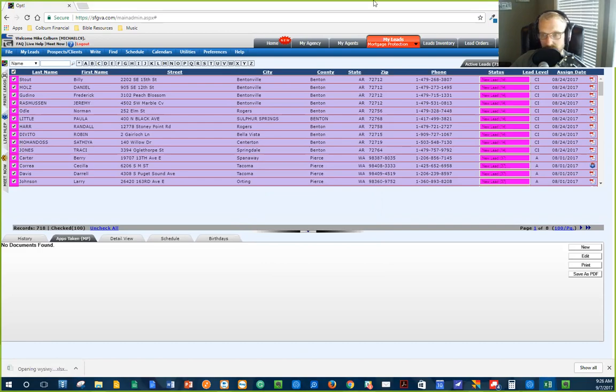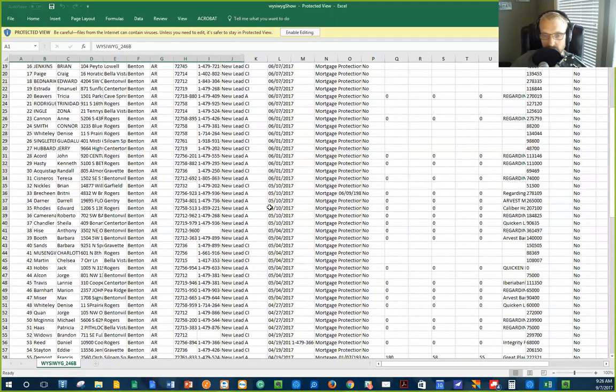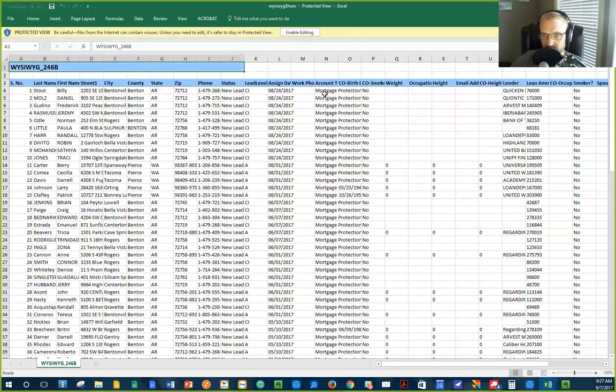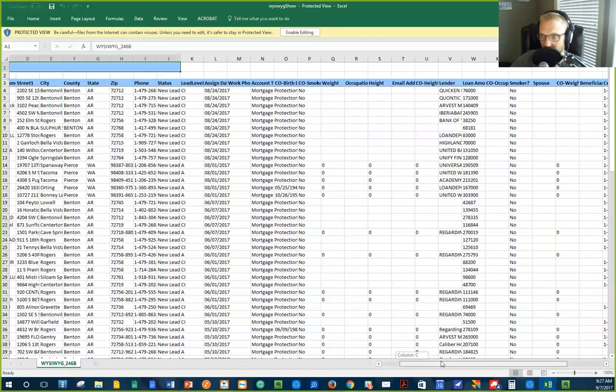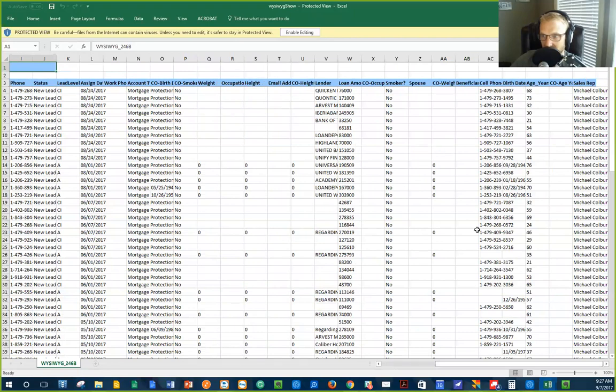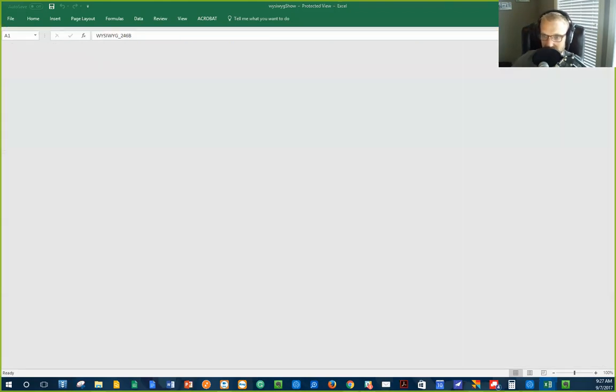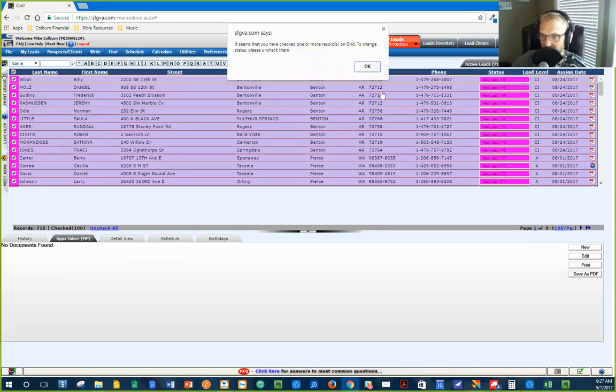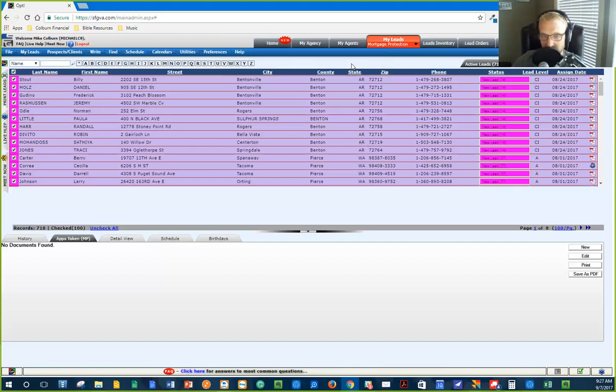And hold on a second. Here's the information. So here there's 100 people. And here's all the information that was inputted into the system. Their name, street, county, phone number, status, all this stuff, all the way across. Age, cell phone. So if you want to track, you can make a template, export your leads, and just come into Excel and use the Excel sheet to type out your notes. That would be a whole lot faster than messing with this fandangled part of going in and clicking the lead and doing whatever you're trying to do in there. Okay, is that helpful?